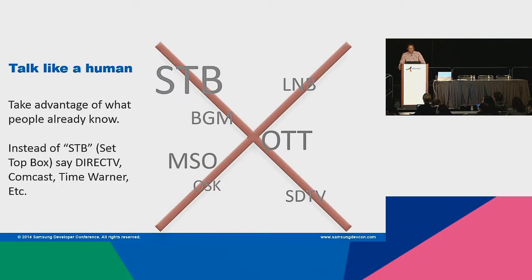So we talked about labels and not using too much text. If you have to use text on TV, remember you're talking to people and not computers. So don't use acronyms or esoteric language that they might not know. For example, BGM is background music, and OTT is over the top. These are items that most general TV users aren't going to really understand or know.